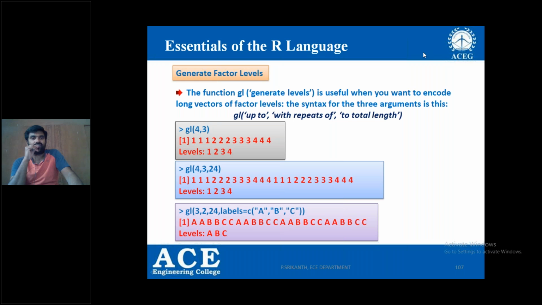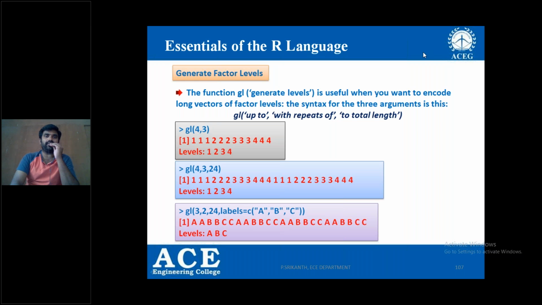And those 5 values are called levels. What are the levels? 5, 10, 12, 18 and 20. How many elements have the level 5? That can be checked. How many elements have the level 10? That can be checked, right? So that is called factor levels. And to generate the factor levels in a vector, we can use gl.